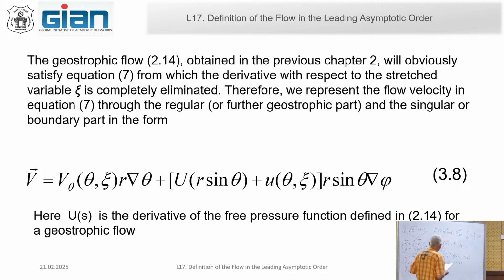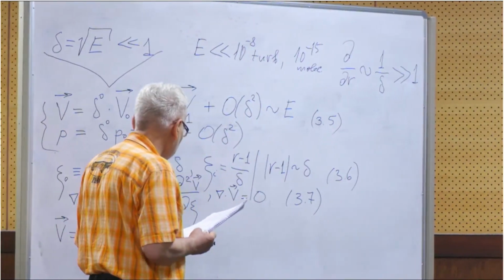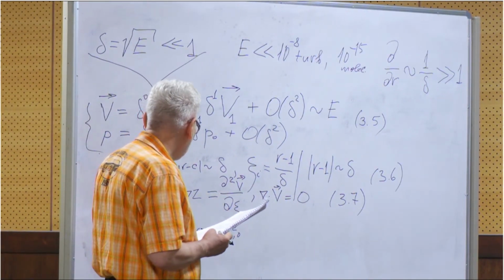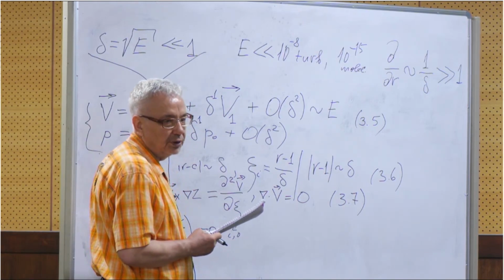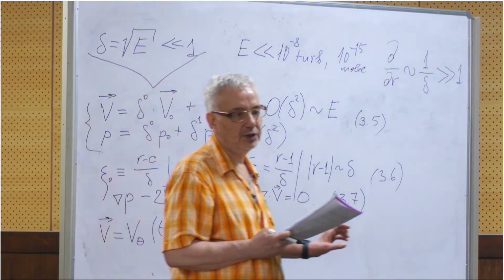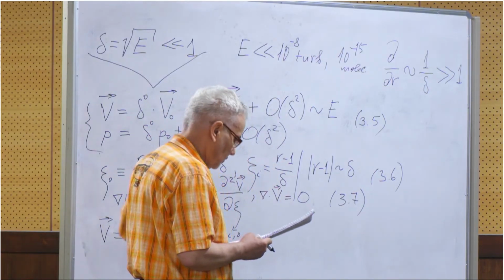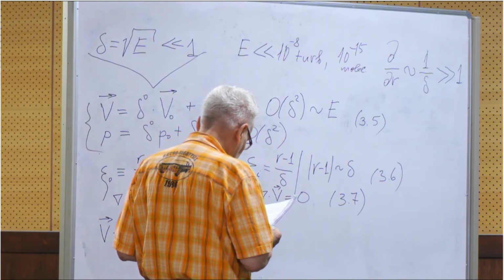But if we consider the general representation at the start, this r component is just absent. And there is no r dependence for the theta component, because it's a very thin boundary layer, so we should not take into account radial dependence of the theta component. And the same trick is for